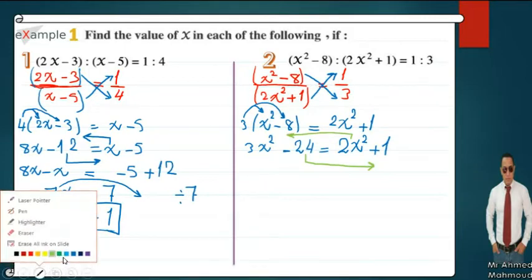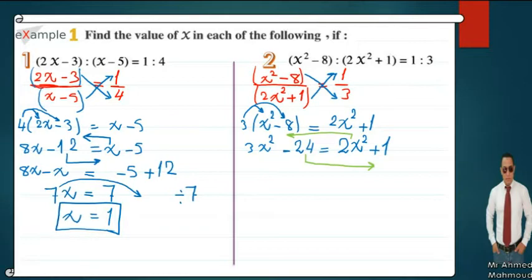Okay, it will be 3x² minus 2x² equals 1 plus 24. Don't forget to change the sign of negative 24 and change the sign of 2x². Okay, 3x² minus 2x² equals x², and 1 plus 24 equals